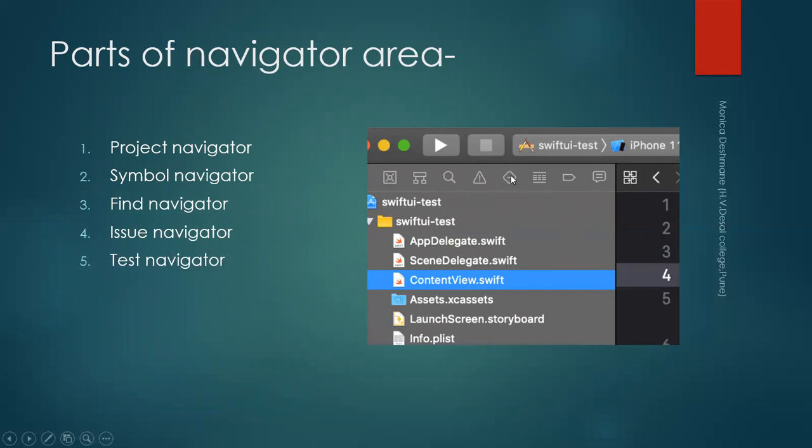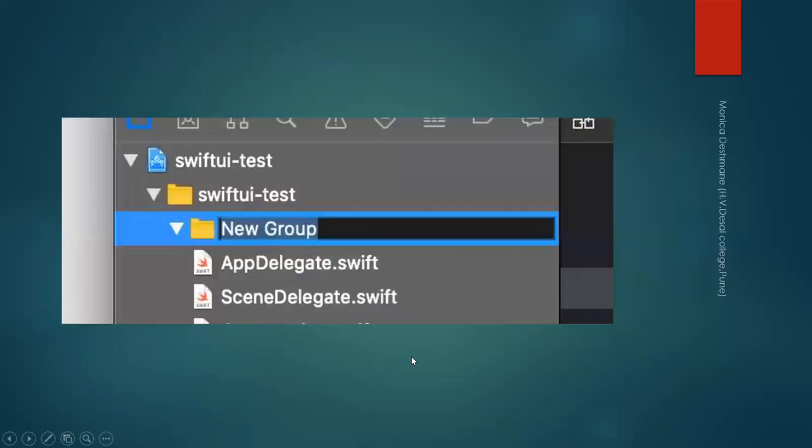Test navigator for test cases. Debug navigator, basically for debugging purposes. And breakpoint navigator: we can set breakpoints, we can delete breakpoints. Then report navigator to show the reports. So these 8 buttons, 8 navigator tools, are here under the navigator area. We'll learn one by one now.